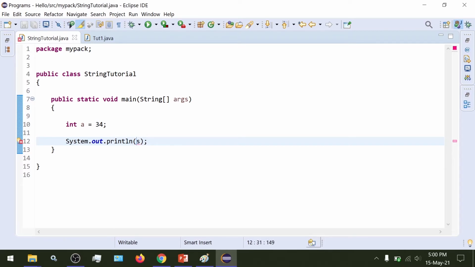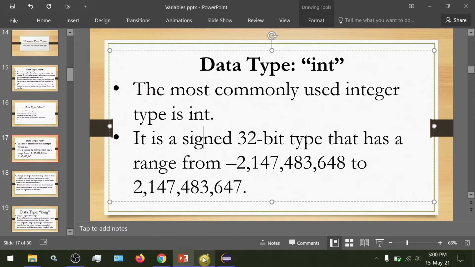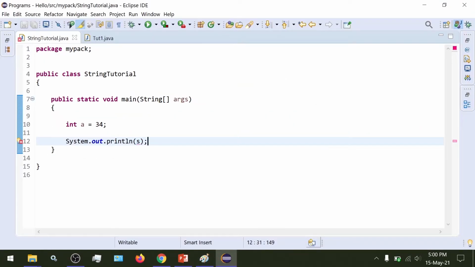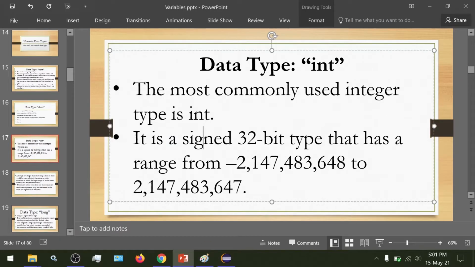So we get an error. So we were trying to declare int type data. Just as we declare byte and short, we can declare int and assign value to it. And just as we saw, if we try to cross these given ranges, then we would get an error. So you can just try it out.